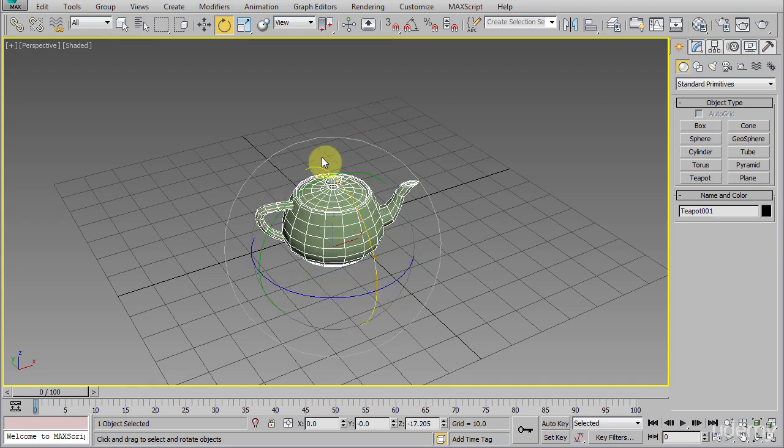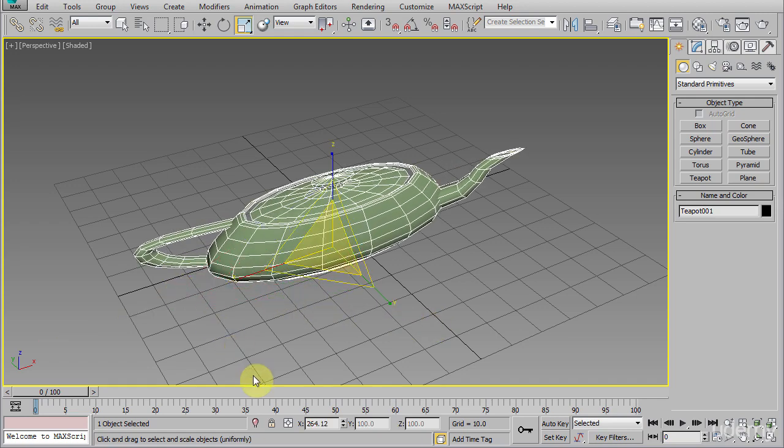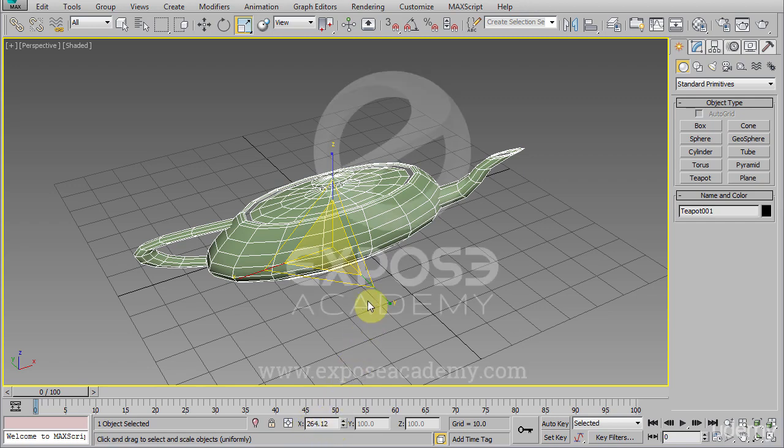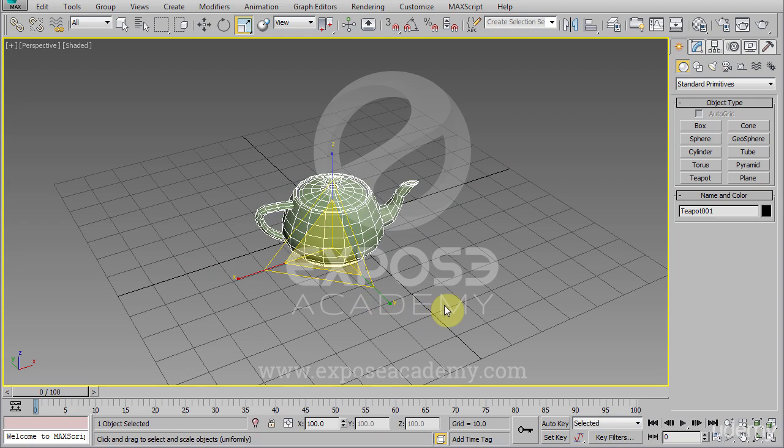Okay, now if we are in the scale mode, these values are actually in percentage. So 100 for each axis is the normal value for scaling. 100 means there is no scaling happening on the object. Notice if I scale out this object on the x-axis only, we can see the x scale value will become larger than 100%.